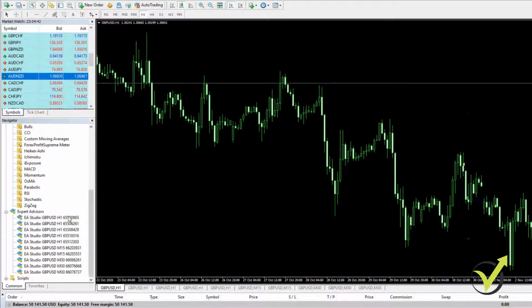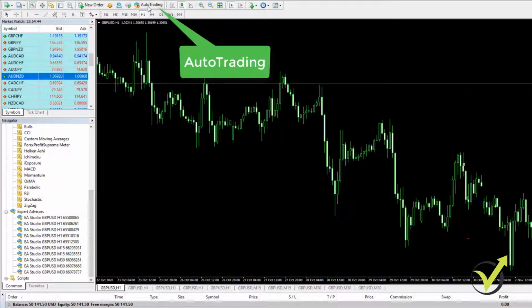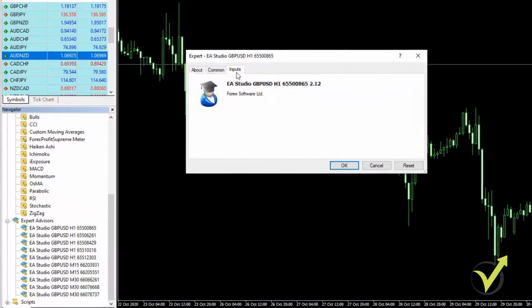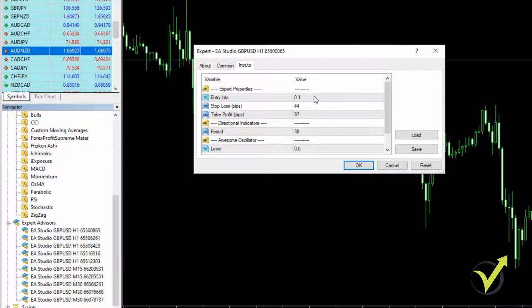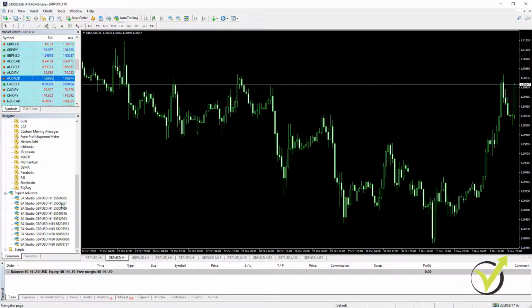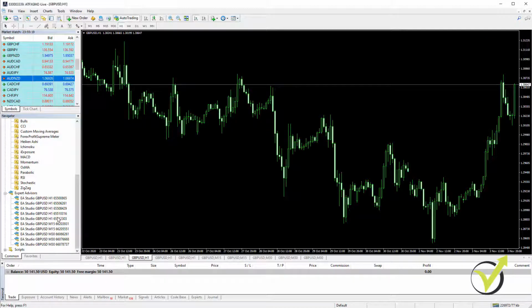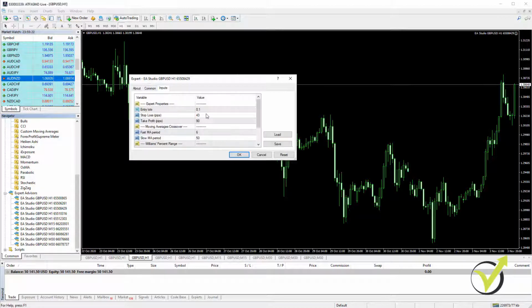Okay, so now what I will do, I will enable auto trading and add the strategies on the charts, and of course I will increase the lots because I have a bigger amount now, and I will go for one complete lot. I will click on OK, and then I will go for the second one, and again I will change it to one lot for each of the strategies. Okay, so this is basically how I'm doing it, guys.